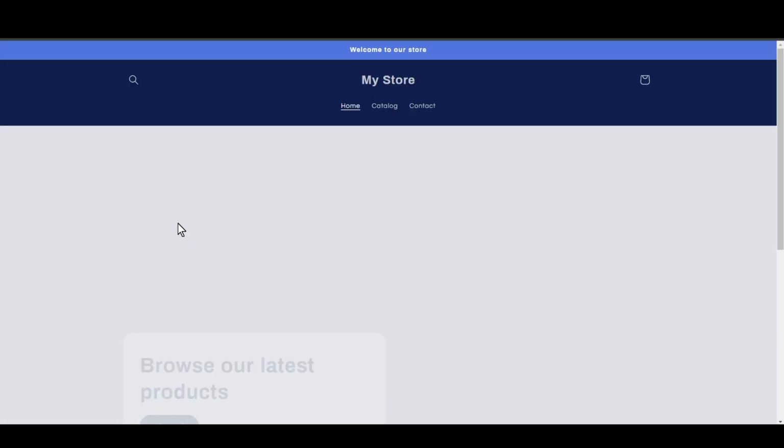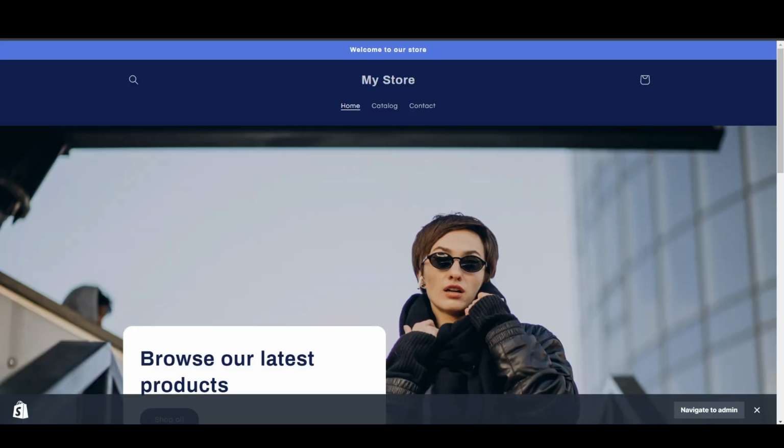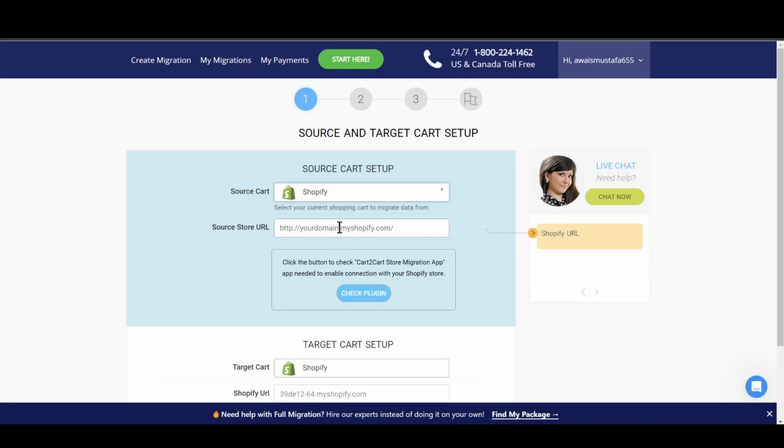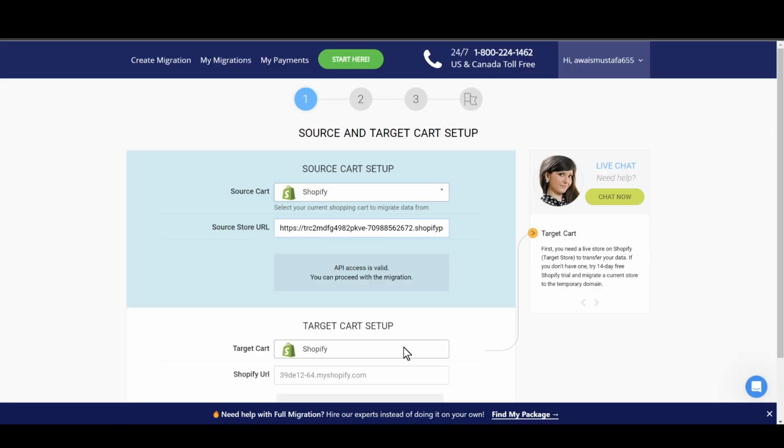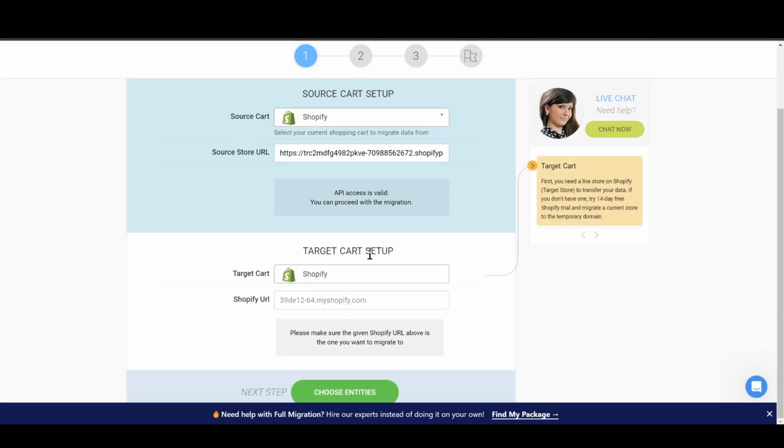So simply click on the view your online store, and then you just need to copy the link, and then you just need to paste it right in this bar. So after that you just need to set up your target cart setup. Also right now it is showing me the error as I don't have a live Shopify store, but you just